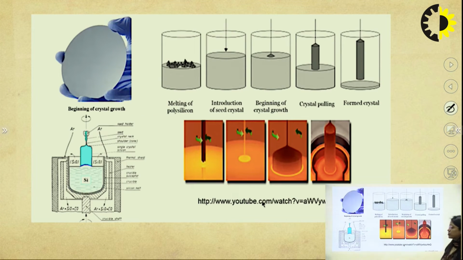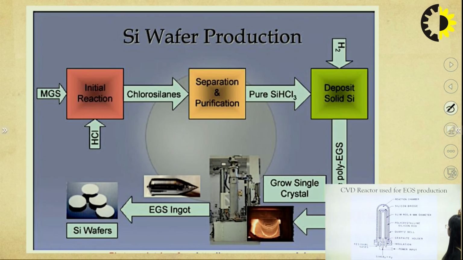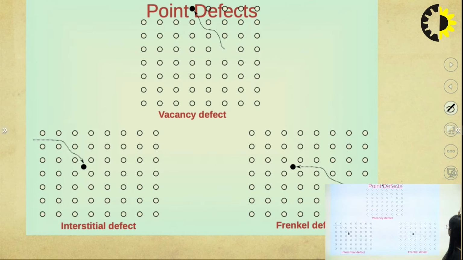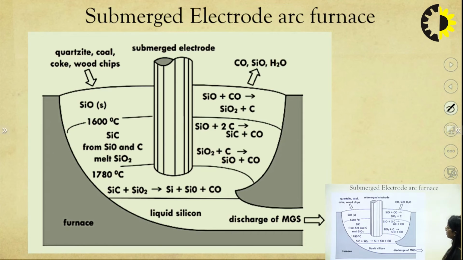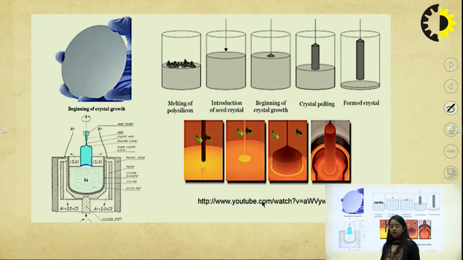Coming on to Czochralski's crystal growth process. What is actually Czochralski's crystal growth process? We will see it using a clear one-shot diagram. So in Czochralski's crystal growth process, we will have to see the apparatus. In this apparatus, we can see we are having a chamber, and inside the chamber we are, here it is,